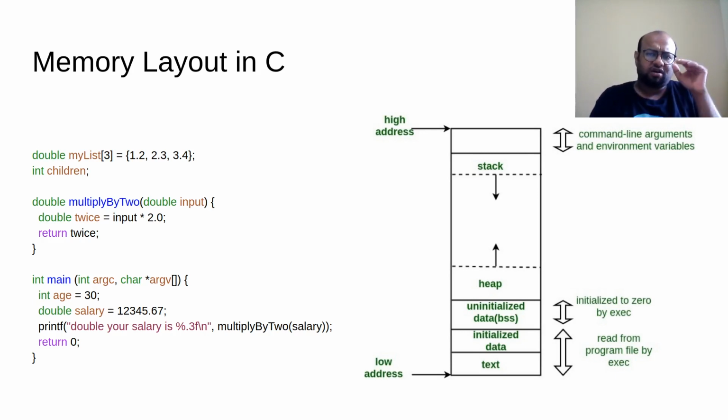So when your program starts running, the main function will be the first function that will be called. In this program that you see on your screen, you have an integer variable called age and a double variable called salary. So in these first two lines you have these two local variables. Space for these two local variables will be allocated in stack when this main function is called. So this is all that is there in your stack right now.